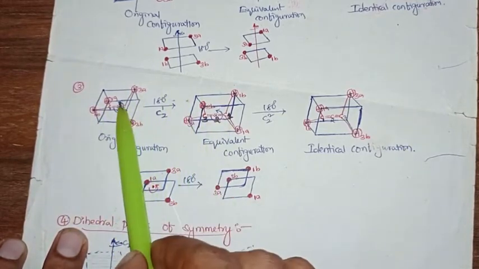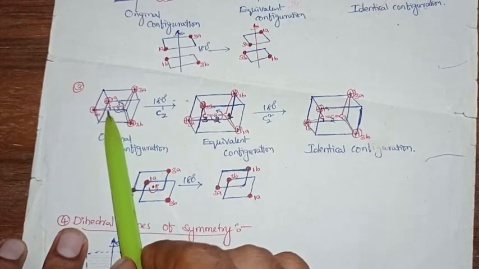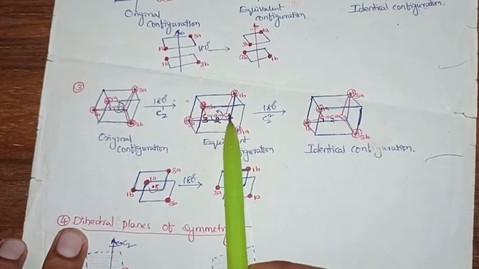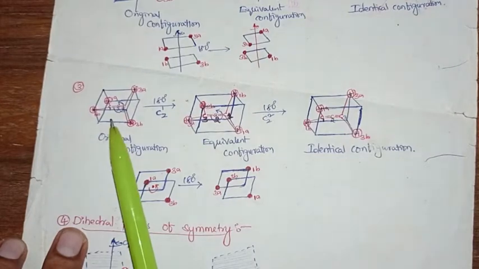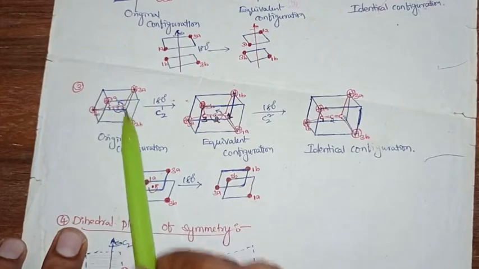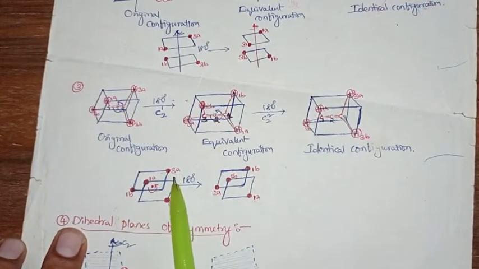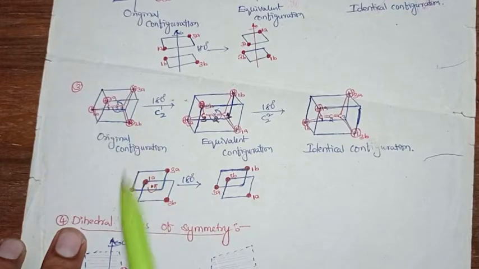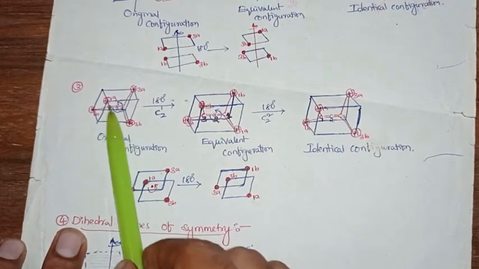While we do rotation, what happens? From the top the carbon 3 gets the position of carbon 1, and from the bottom the carbon 1 gets the position of carbon 3. So like this, right. Here the carbon 1 and here the carbon 3, right. Coming to the hydrogen positions, when we check, in the back side we have the H1a and H3a, H1b and H3a, like this. In the back side we have H1b and H3a, and in the front we have H1a and H3b, right, in the front side.